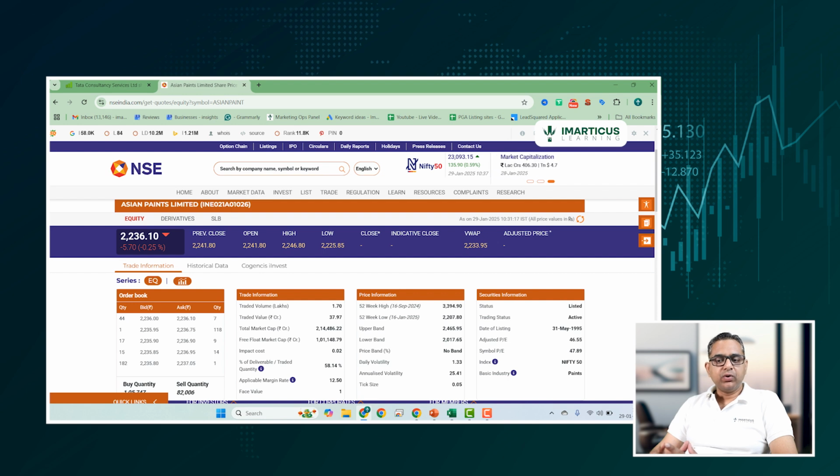If that value comes out to be higher than the current market price, we will say, according to us, it is undervalued in the market, and we can buy and gain from the potential expected increase in the price of the share. Whereas if we do the valuation and the intrinsic value we find comes out to be lower than the current market price, then we will say that it is currently overpriced in the market and we should not buy it, or if we have it, we might sell it because it is currently overvalued in the market and we expect the price to come down later.